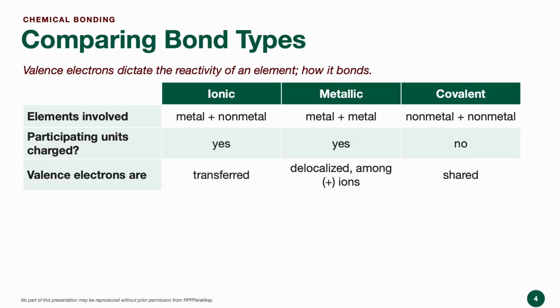Here are the three bond types side by side. We have ionic bonding. This is generally between a metal and a non-metal. The ions that form are held together because electrons are fully transferred from the metal to the non-metal. And then metallic bonding is metal with metal, and it's also charged, but the electrons involved are delocalized. It has a sea of electrons delocalized in a lattice of positive metal ions. Then lastly, we have covalent bonding. This is between non-metal and non-metal. No charged particles are involved, just shared electrons between specific atoms.